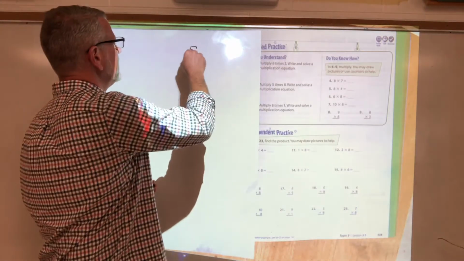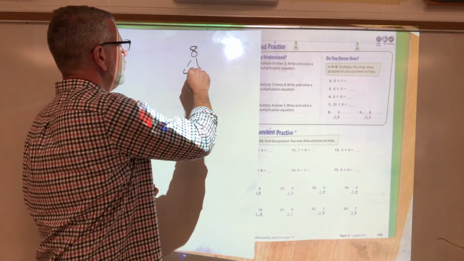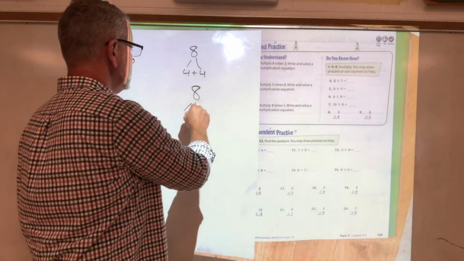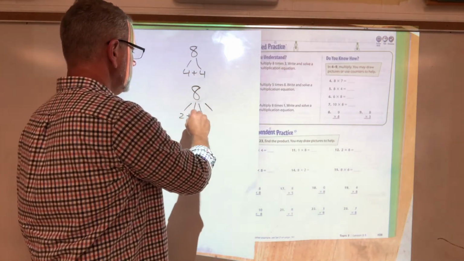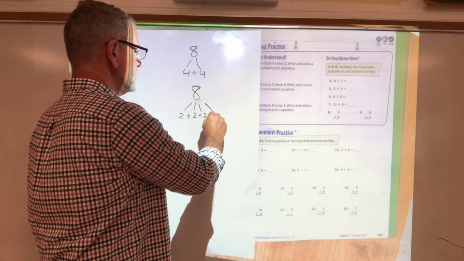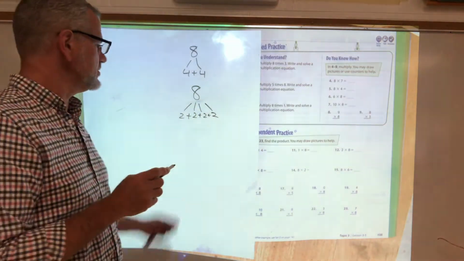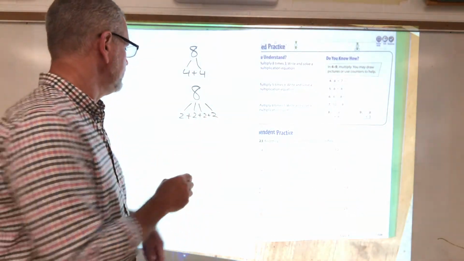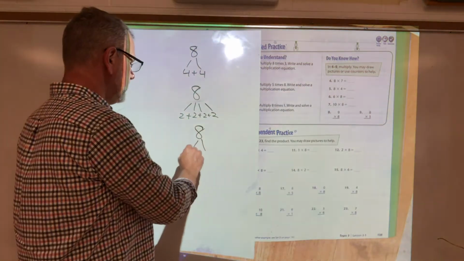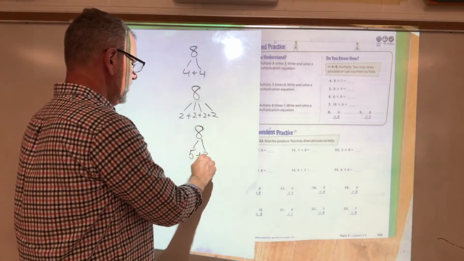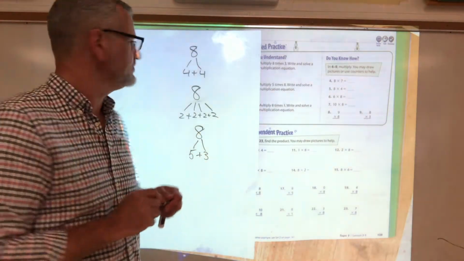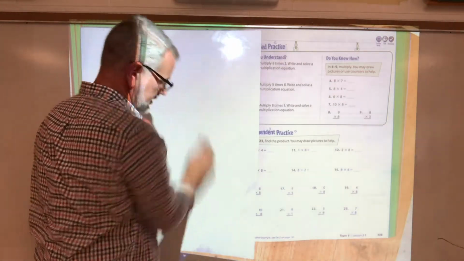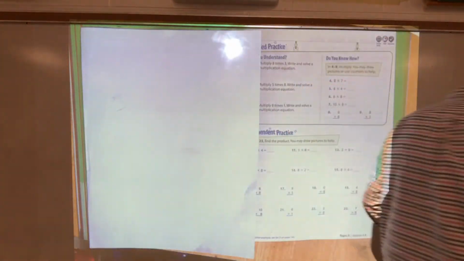An 8 you can think of as a 4 and a 4. Or you could think of it as a 2 plus a 2 plus a 2 plus a 2. So all you have to do is multiply whatever it is times 2, and then again and again and again. You could also break it into something, maybe you want to do a 5 plus a 3. Maybe that helps. So let's take a look in the book on page 134